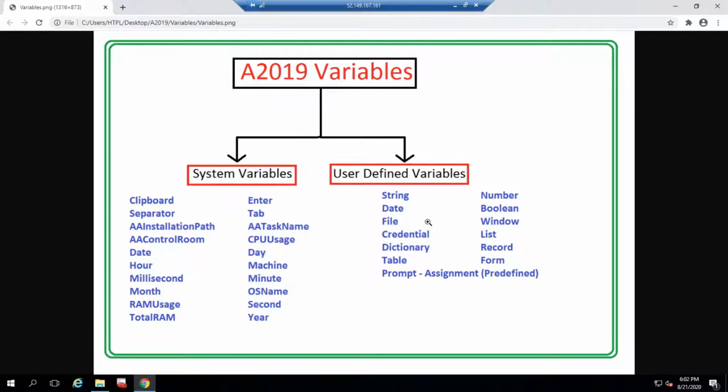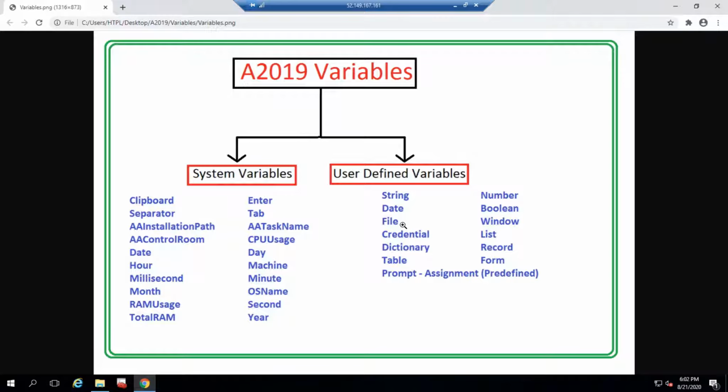So basically there are some user defined variables. If you look at the 11.x version you might see value, list, array and random, right? Whereas here you can see a lot of variable types have been added. These are all the variable types in A2019: string, date, file, credentials, dictionary, number, boolean, window.